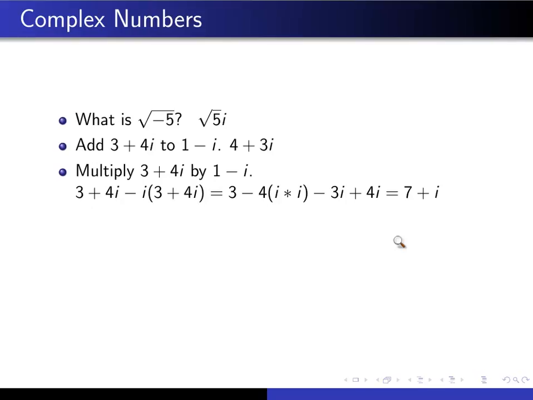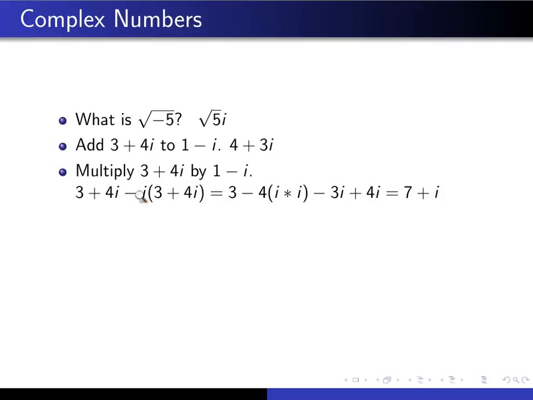So we group these into real and imaginary parts. So we look at the real part first. We have a 3 there. That's real. And then if we multiply minus i by 4i, we end up with minus 4i times i. And that's a real number because i squared is equal to minus 1. Now the imaginary part, well, we have plus 4i,